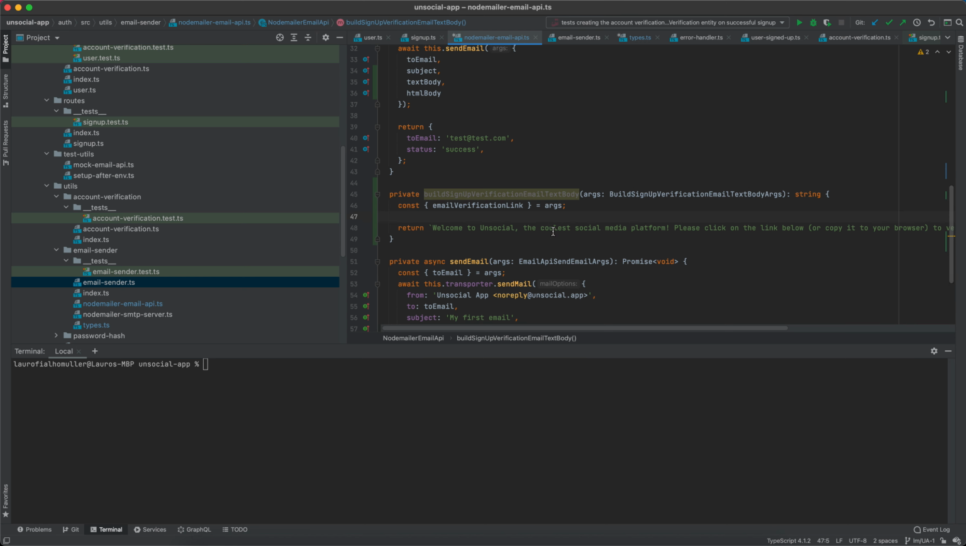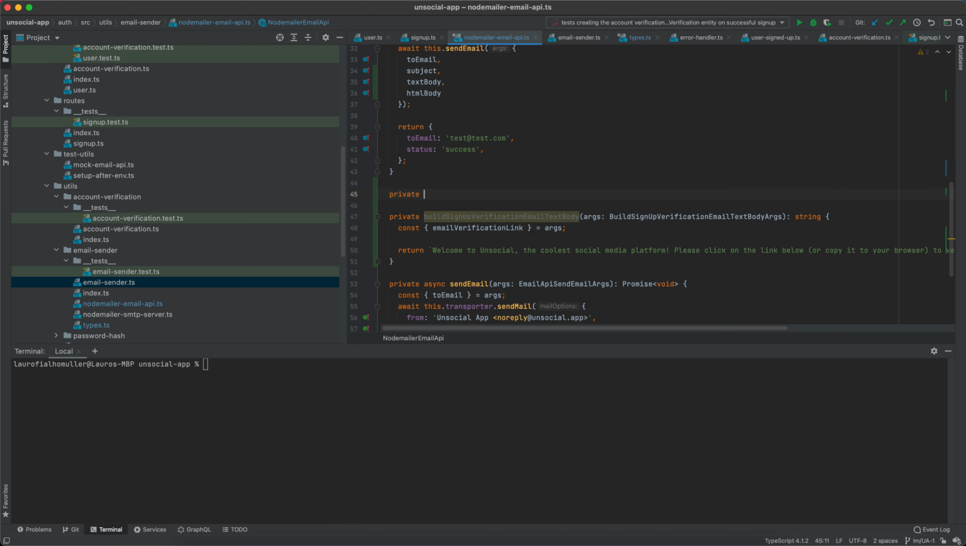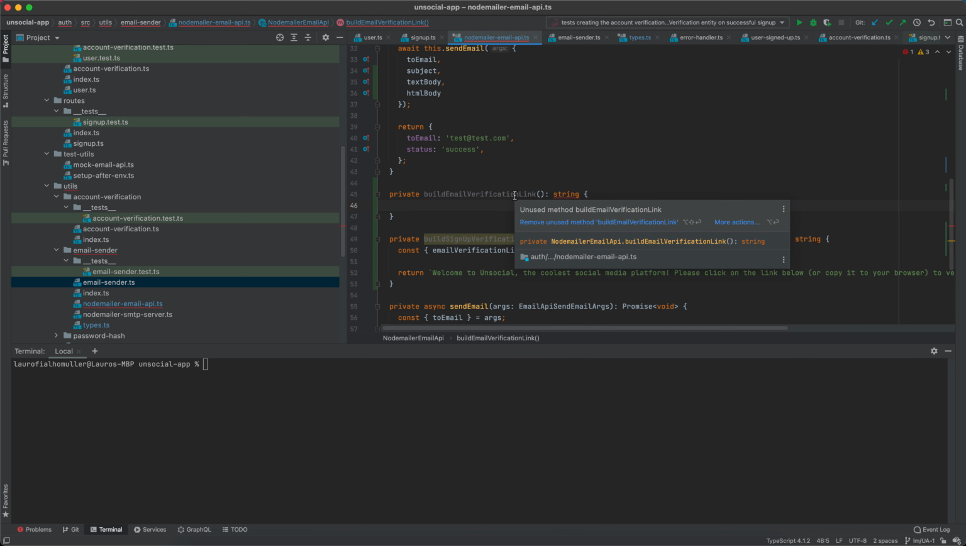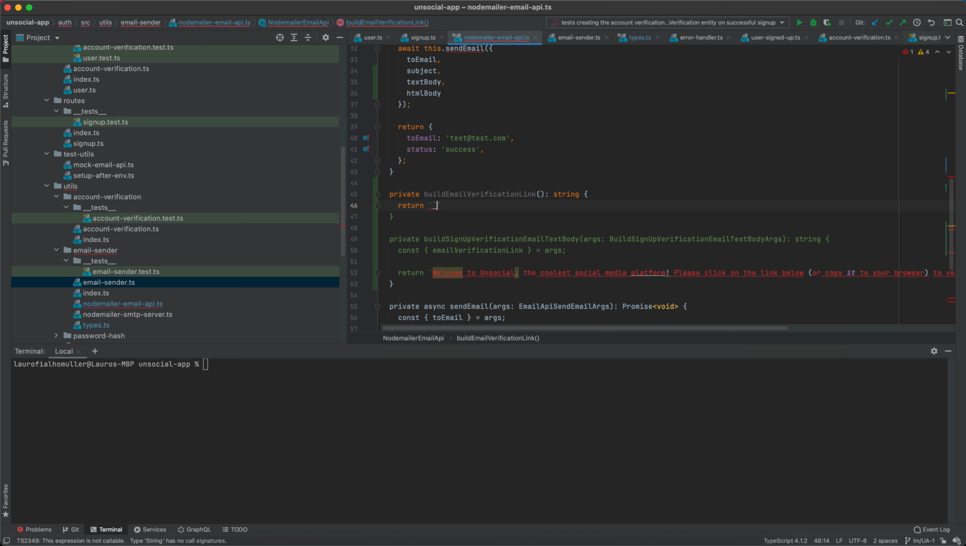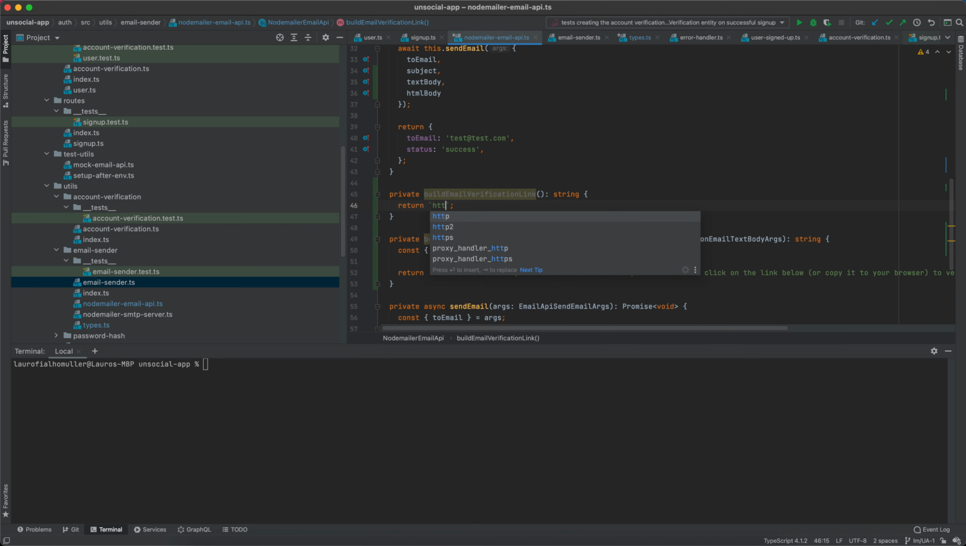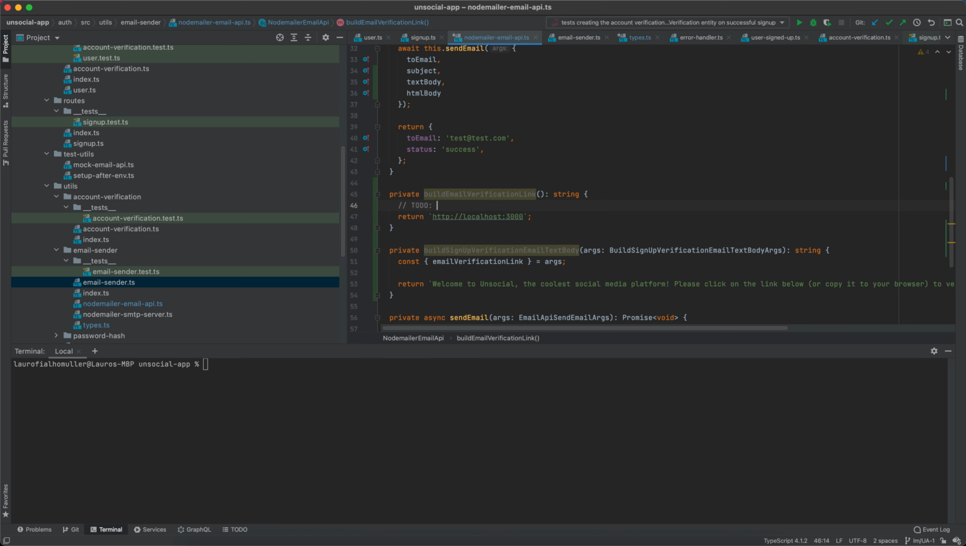Okay, now we need to build the email verification link. So let's create another private method, private buildEmailVerificationLink, which is also going to receive some arguments in here, and then it's going to return again a backticks string. For our purposes, we will simply hard code localhost:3000. We'll change this afterwards, so we'll add a to-do comment: this URL will change